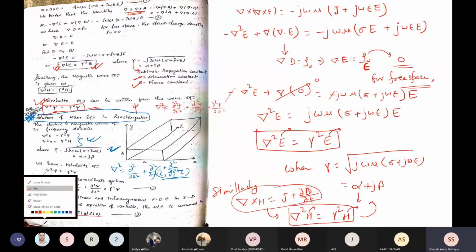so if you want to take curl E, we have curl E equal to σE + jωεE. I'm talking about the case where σ is equal to 0. So curl E is equal to j